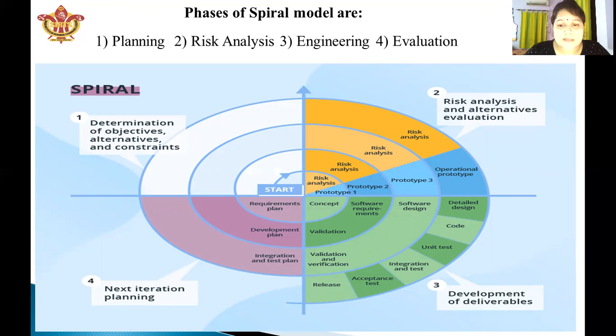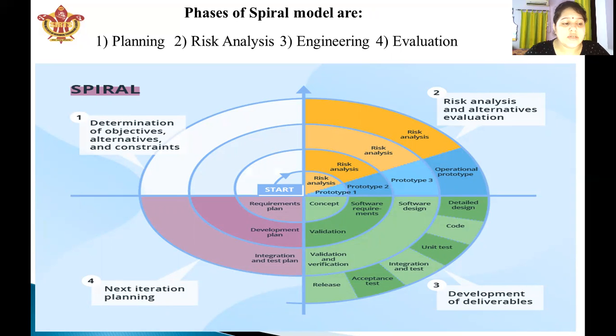So this model totally depends on the coding. In this phase we design the software, we code it, and we test the software, we perform all kinds of activities, right? And the last one is evaluation. That means in this phase, the software is evaluated by the customer, who provides feedback before the project continues to the next spiral, right?